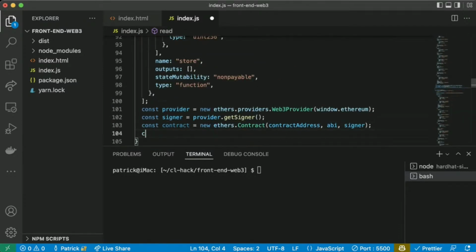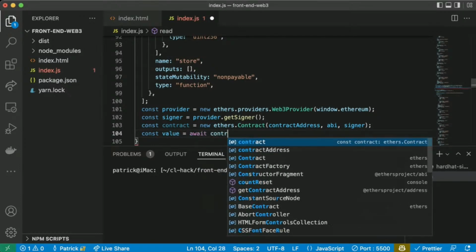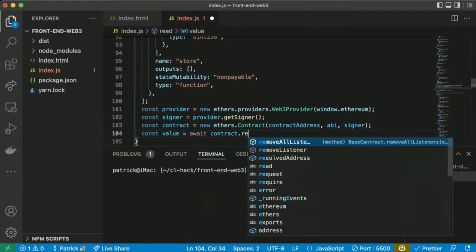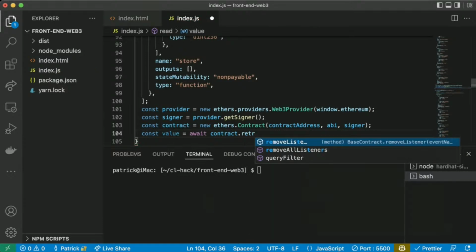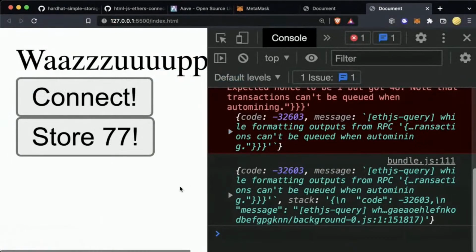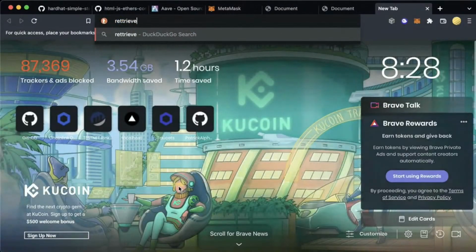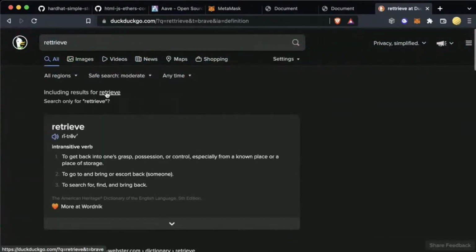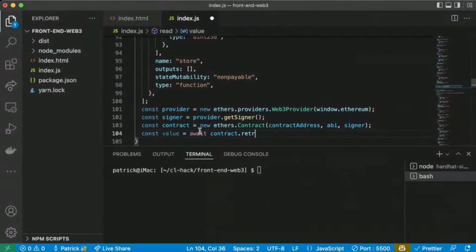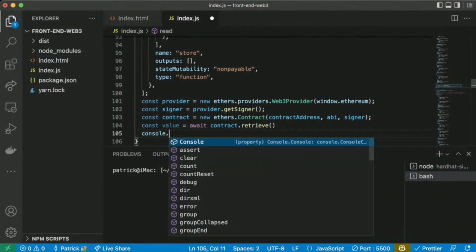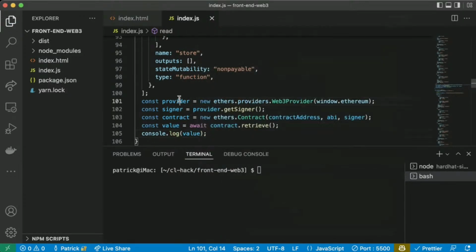And we're just going to say const value equals await contract dot retrieve. How do you spell retrieve? This is how I do a spell checker. Retrieve. Contract dot retrieve. And then we're just going to do console dot log value.